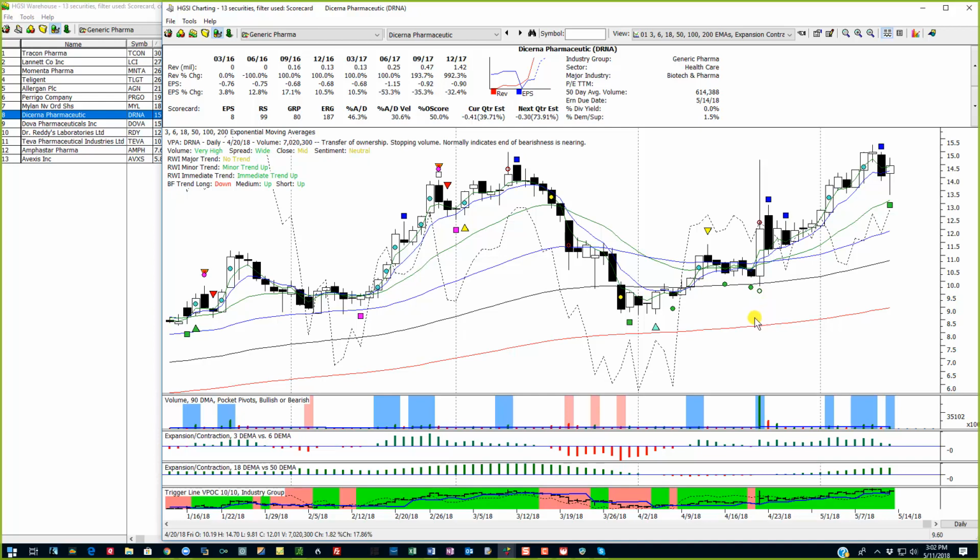This circle here is stopping volume. That means that there is a lot of support in this stock on that day. It opened here, traded down, shot clear up here, and then came back down here. Notice that it was in strong hands through most of the day, but profit taking set in, and now I have another one of those red circles. Then it just kind of based sideways, but notice by then that the